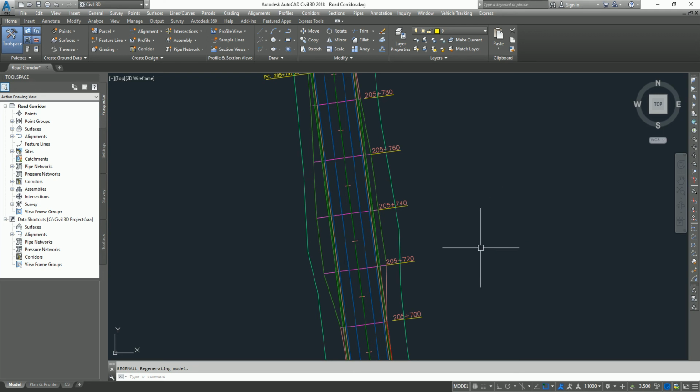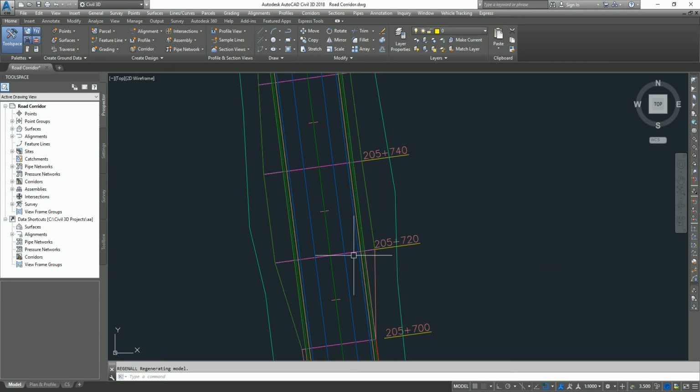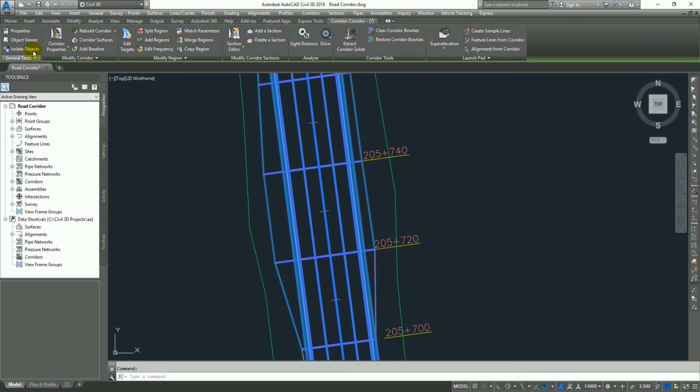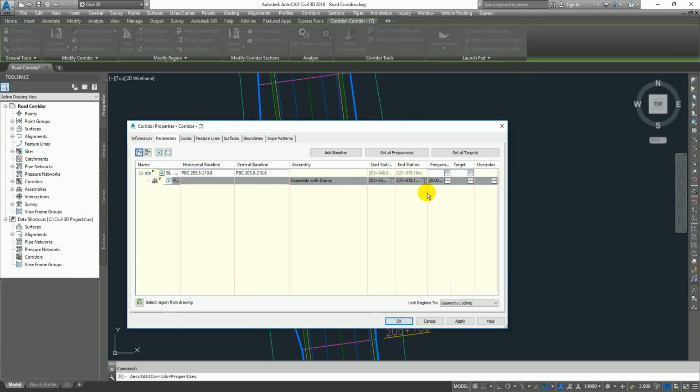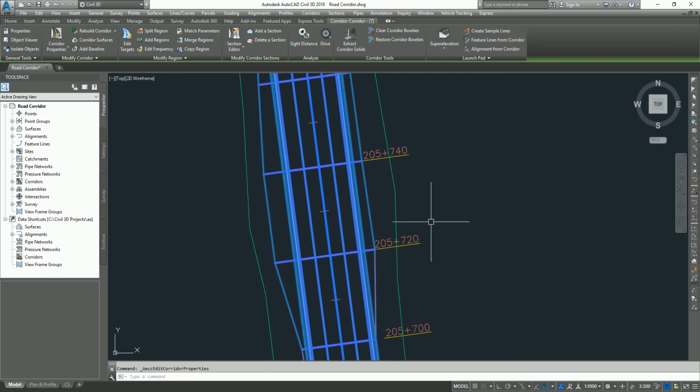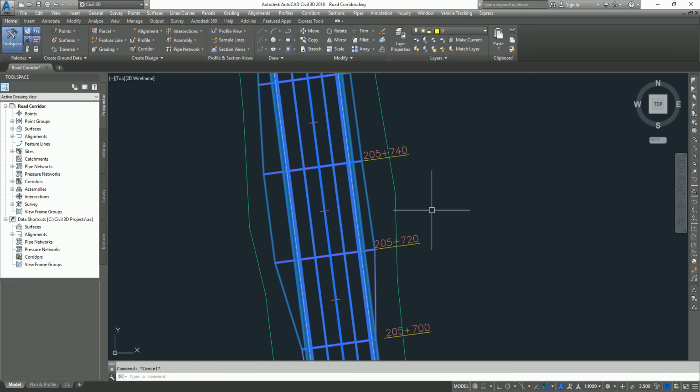Hi, in this video I am going to tell you how to create a custom frequency line in a corridor. Here I have a corridor. If you go to corridor properties, you can see the frequency lines are stated at 20-meter interval. So if you go to the corridor, you can see the frequency lines are at 20-meter intervals, 205,720, 205,